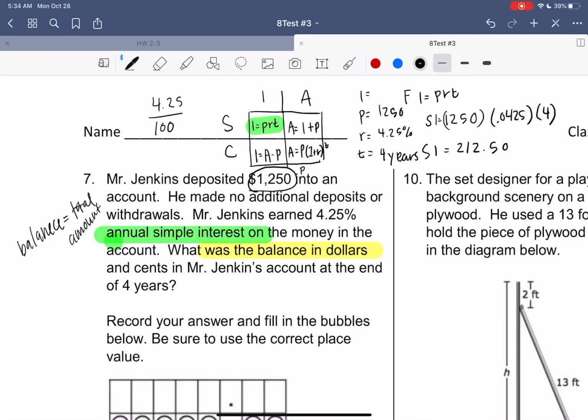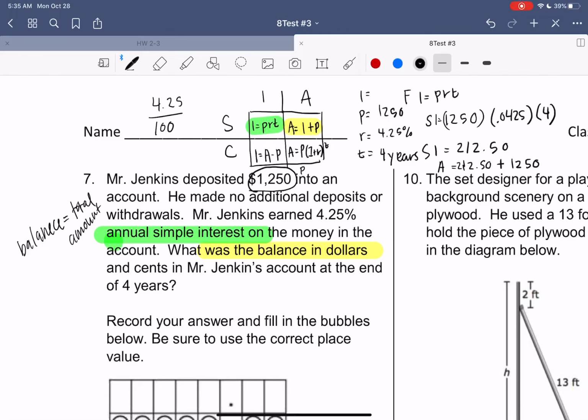So we found I, but they're asking for the total, their balance, and so in order to find the total balance, we have this one here. In order to find A, we have to take I, 212.50, plus our principal of 1250. And something that I saw a lot is that people stopped at 212.50, and that was where the biggest mistake was. So we will have to add 1250 back, and we'll be left with,